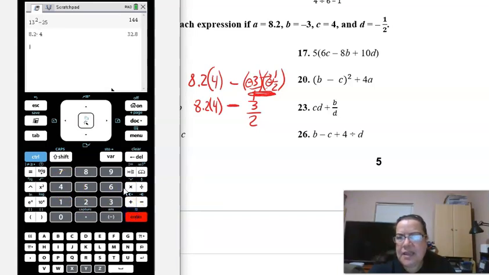I can get that answer, which is 32.8, and then subtract. And there's a way of putting fractions in here. All you need to do is, if you notice above the division symbol, there's like a fraction key. So you press Control Divide, and then I can enter the 3, and then go down, and then 3/2, enter. And so my grand total is